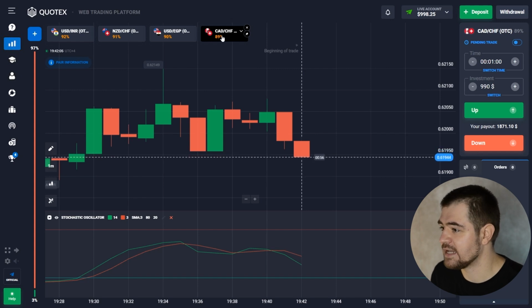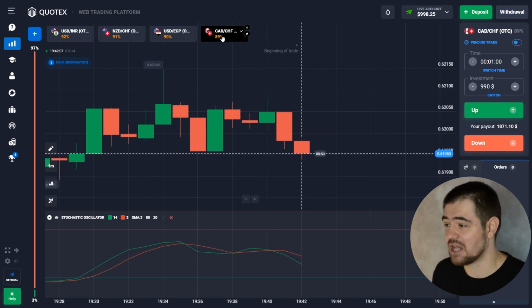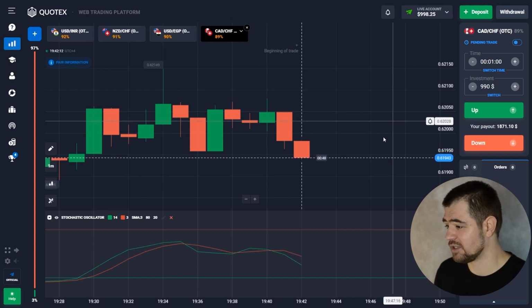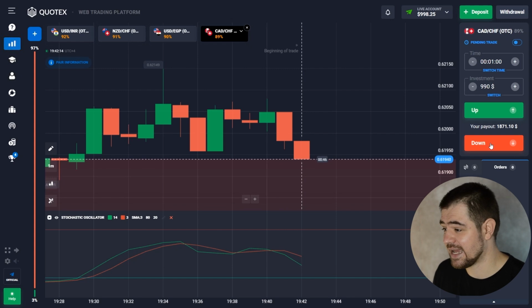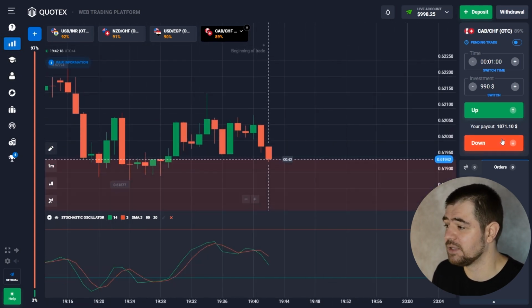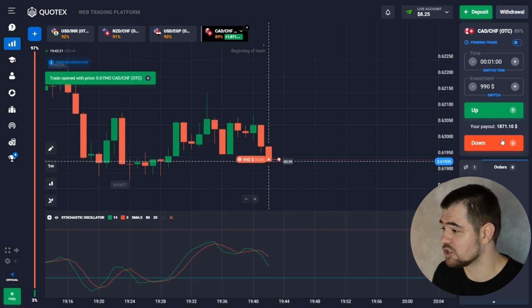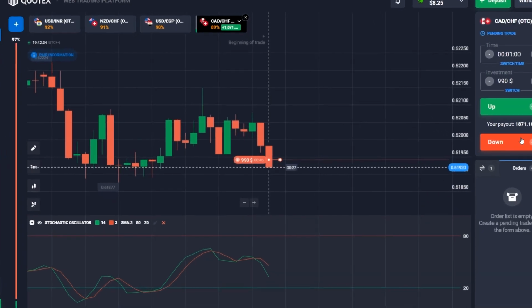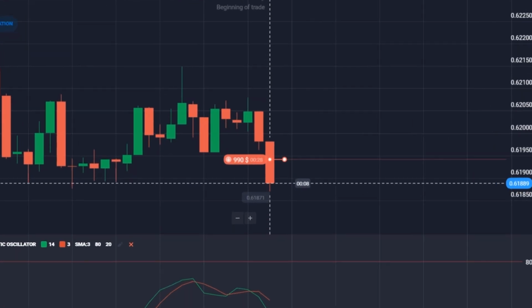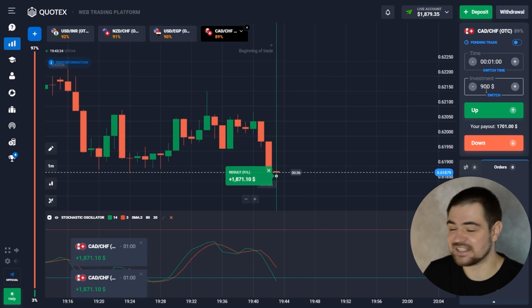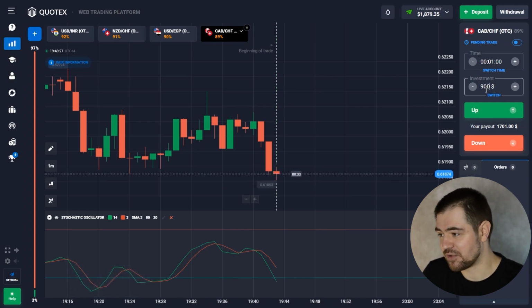So we're gonna go ahead and place a $990 option now. Looking at that, the stochastic has crossed the orange line down, the price is going down, so we're gonna use that situation. 1 minute is probably enough time before it gets to this support level. So we'll go ahead and use a put option for this, and let's wait for the result. Here is the great profit,